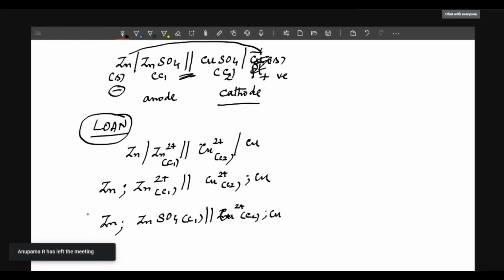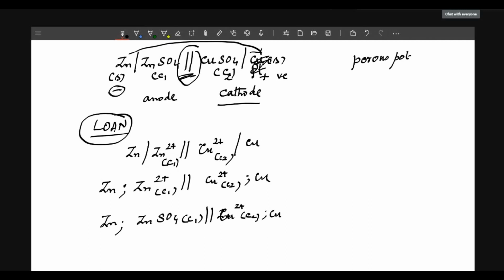Is that the only way of transferring cations and anions on either side, through the salt bridge? There is another device called the porous pot, or porous plate, or porous glass. You might have studied the porous pot. If you are using the porous pot, through which the cations and anions are passing,